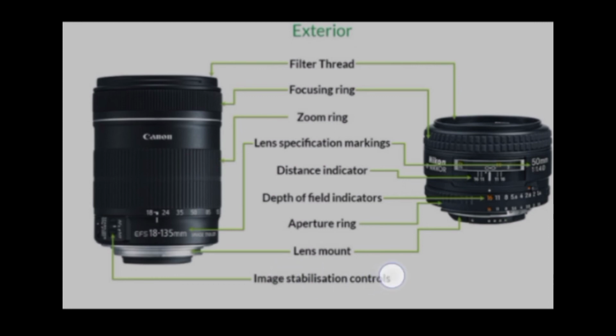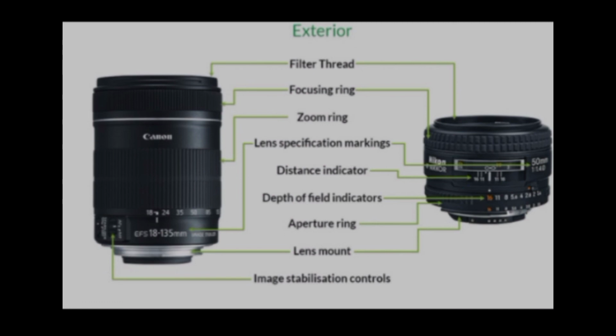Next, the last part is image stabilization control. A motor controls the glass parts in the lens, which detect small shifts in camera movement and maintain everything stable in the viewfinder and rear